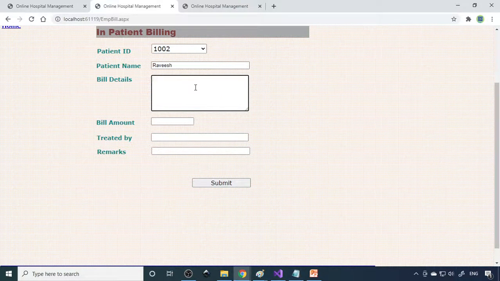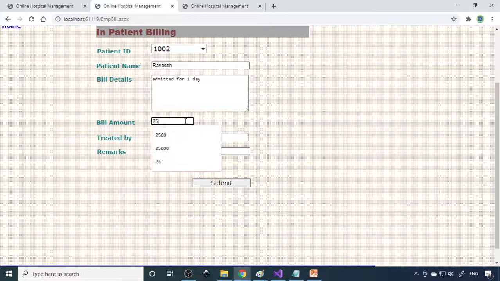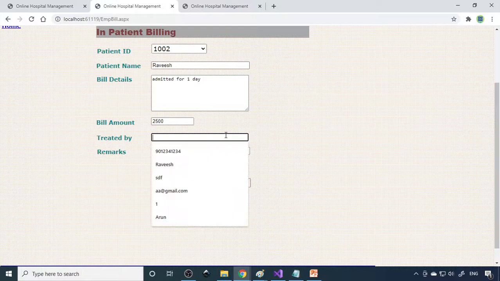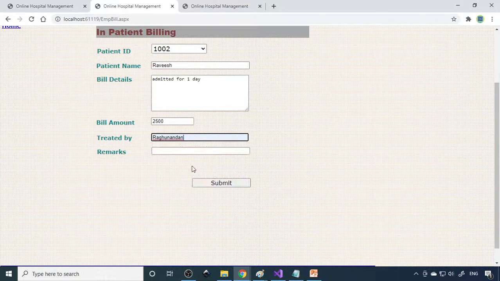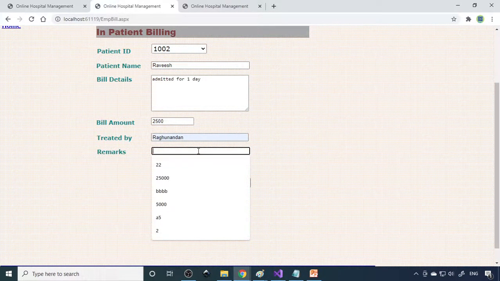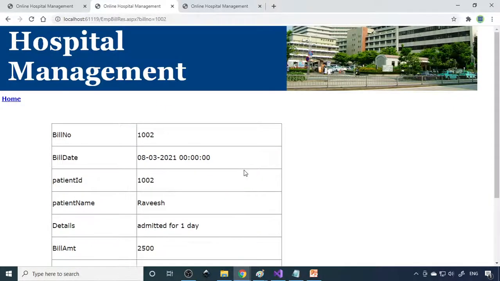Bill detail. Admitted for 1 day. So bill amount is 2,500. Treated by Raghunandan. So remarks, nothing. Submit. So the bill will be generated.